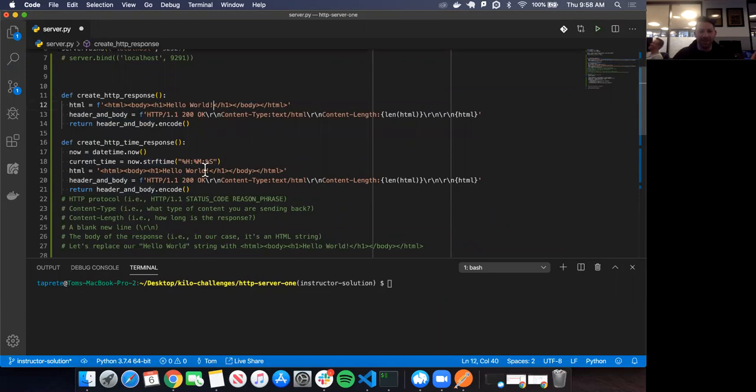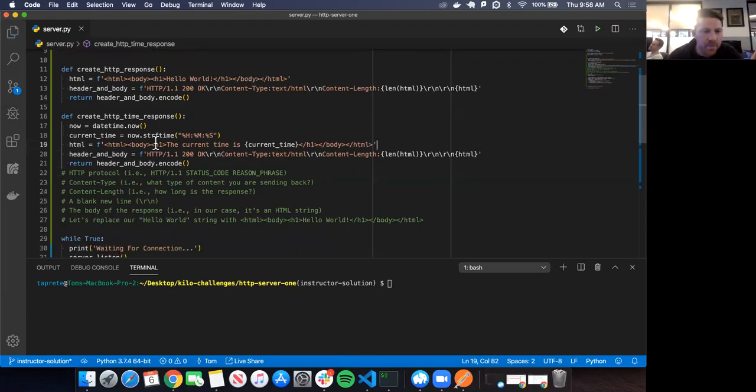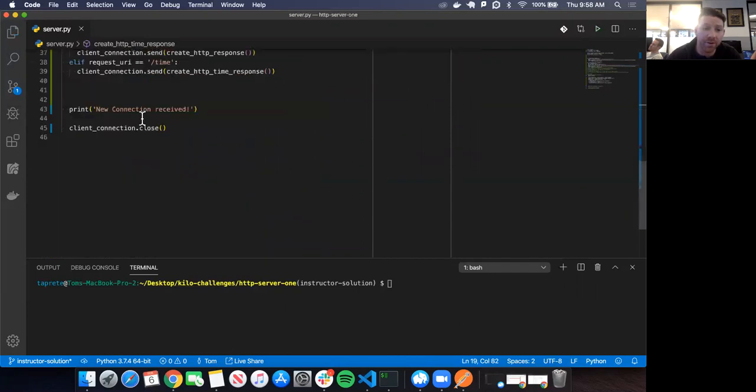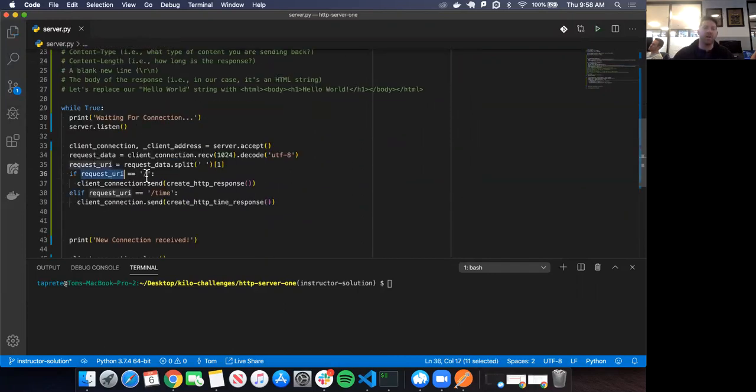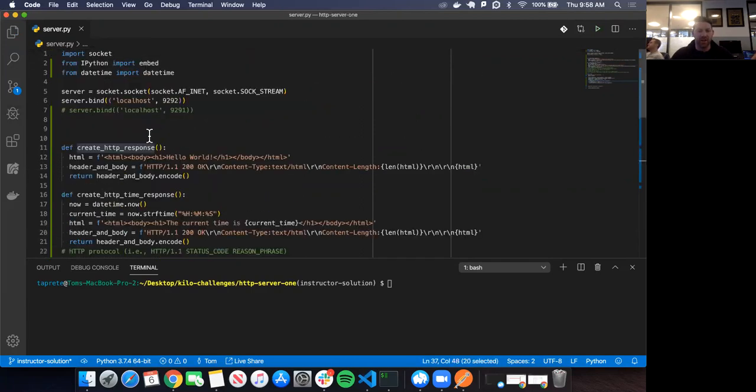Hello world. That's my goal. The current time is... current time. Gotta make this. Everything looks good. Okay. Hopefully it works. So it comes in here, request URI, if it's just a basic / connection, create HTTP response,